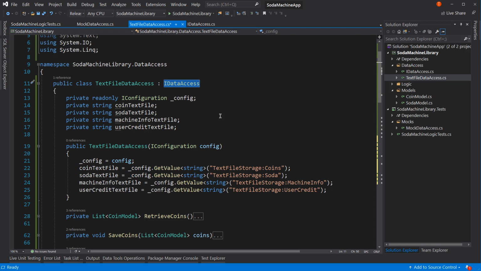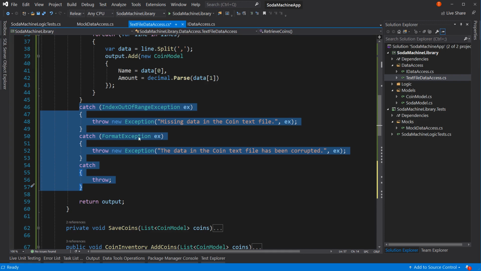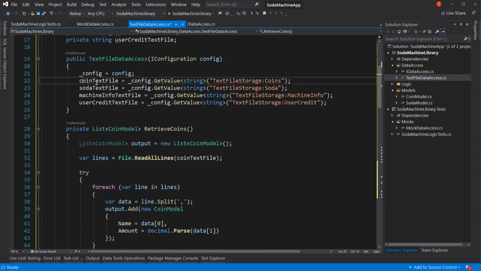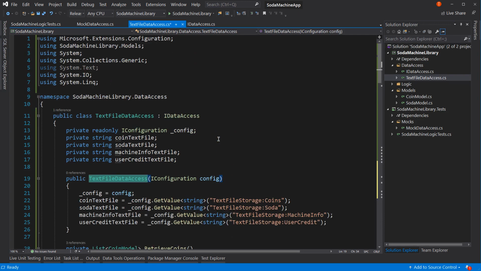Now I kind of mixed in here the bonus challenge. The bonus challenge is to ensure we have handled exceptions that might be thrown by the process. Well, that's what we were doing here. So you're catching these exceptions, these various exceptions, and also cleaning up that data. And we also wanted to get the information about the text files, this information right here, through an IConfiguration, which was passed in through the constructor, which we did. So you've accomplished the bonus challenge as well. So this is now complete. We have our data access layer